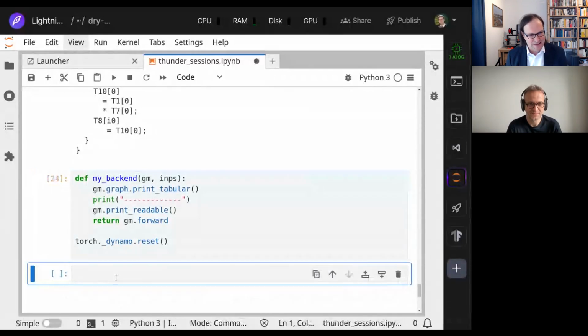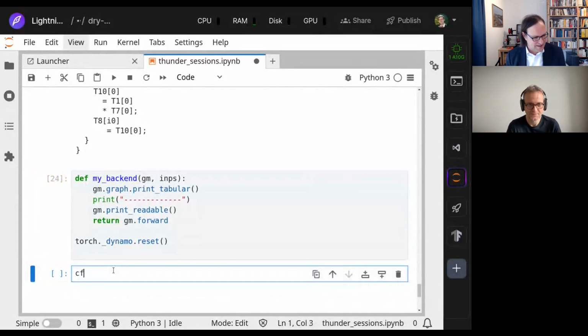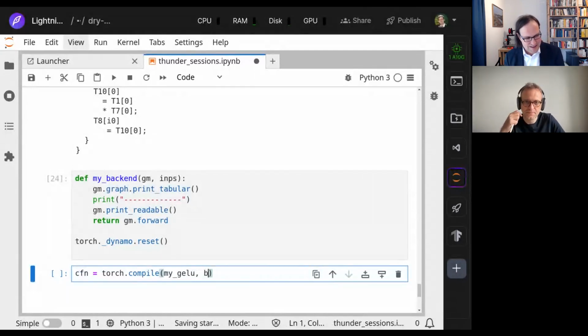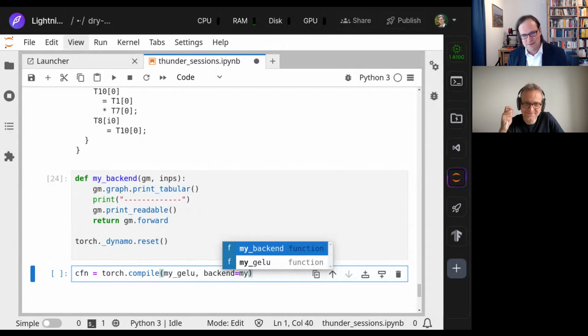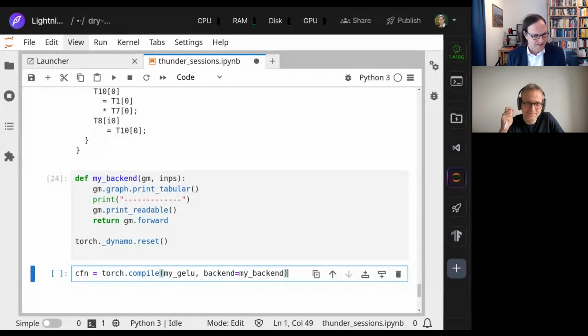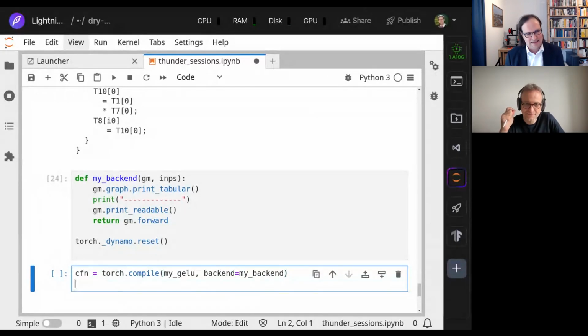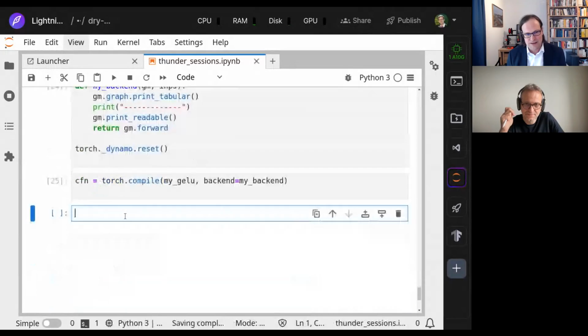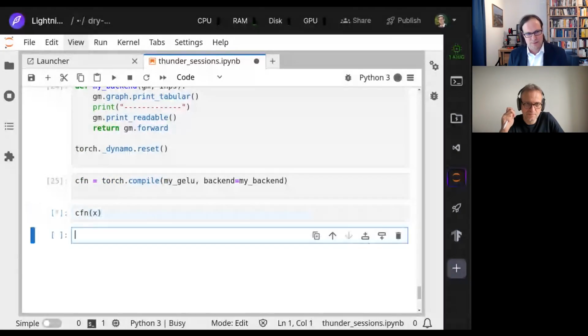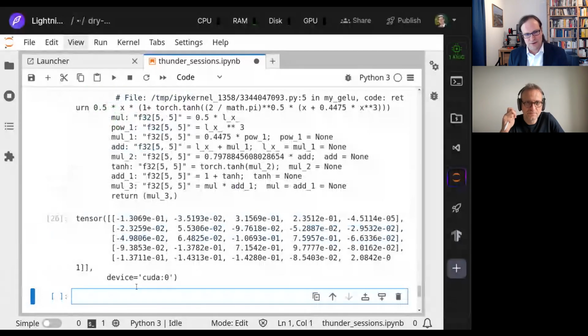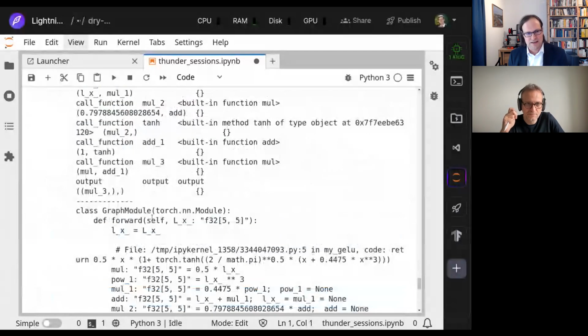And now we can compile our function with torch compile. If I just did it like this and myGelo, that would do the real thing. But we want to do the fake thing, so we pass a backend parameter here, and that will be our backend. And so again, nothing happens here. But when we actually call the function with an input, we see, well, yeah, it computes it eventually, but we also see here